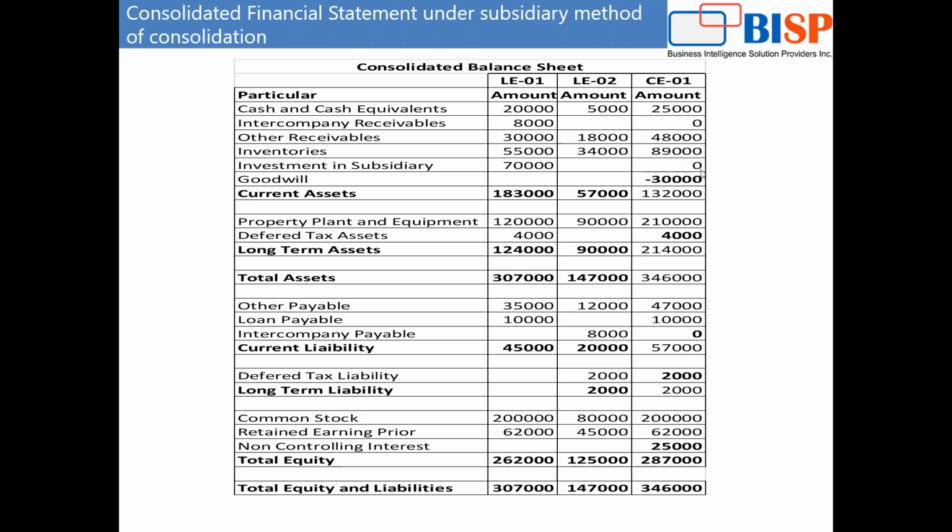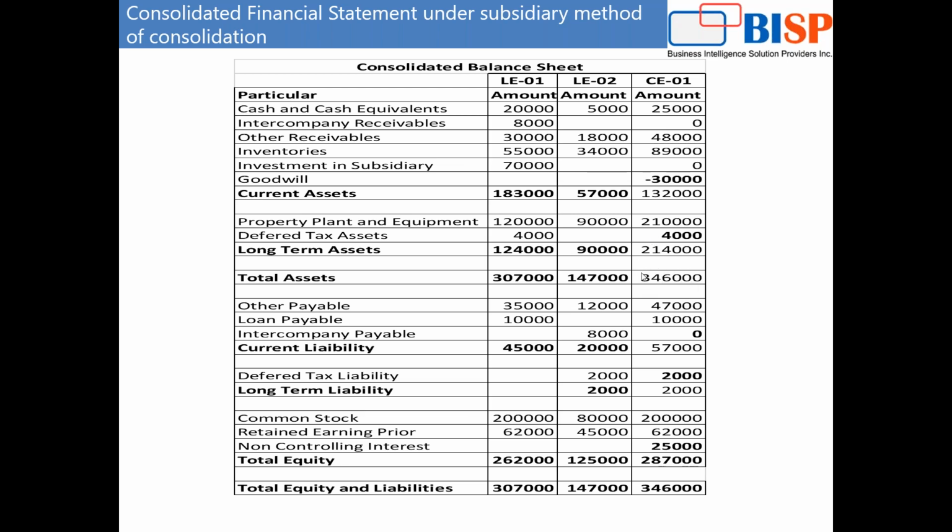So here on the consolidated entity, this number is coming to 0. The goodwill amount will be calculated at the consolidated level. On both legal entity 01 and 02, you are not finding any goodwill number. This number is calculated at the time of preparation of the consolidated statement. The property, plant and equipment, we have simply merged, deferred tax asset.